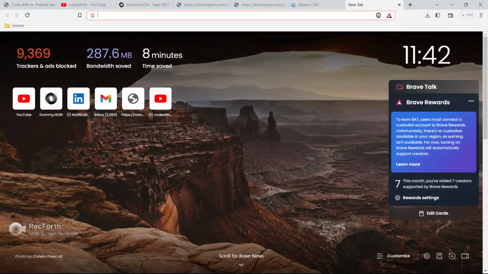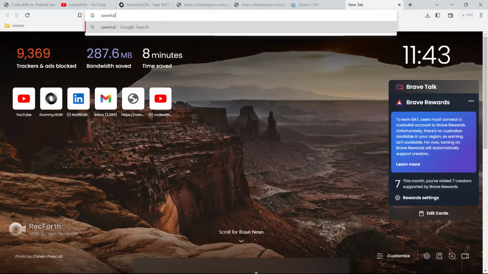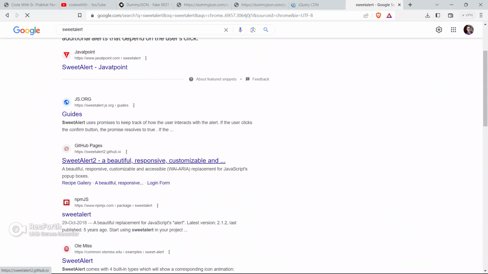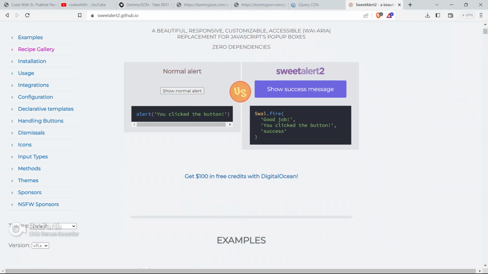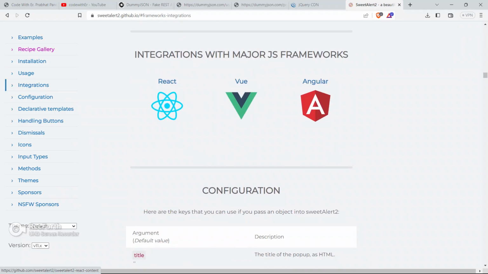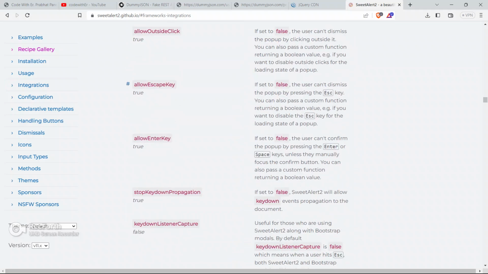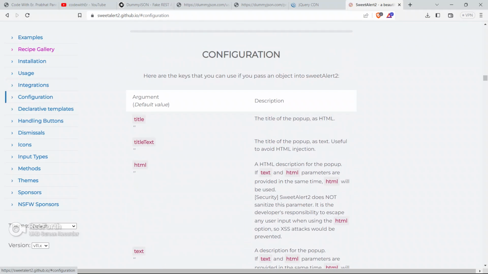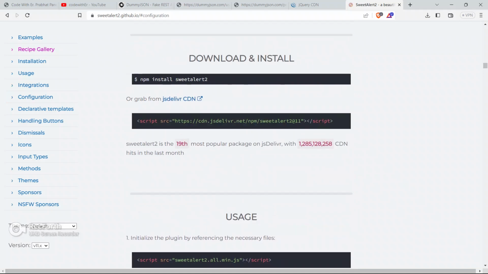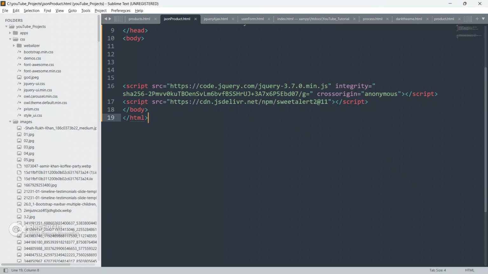And to get the CDN link for Sweet Alert, guys, just go here, click Sweet Alert, just go here and go to the integration. See, this is the CDN link for Sweet Alert, guys.